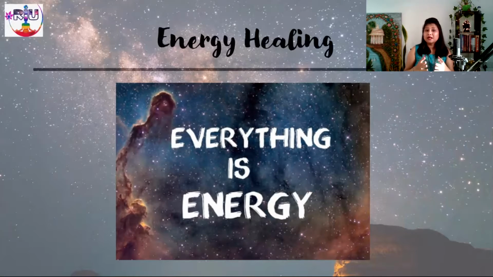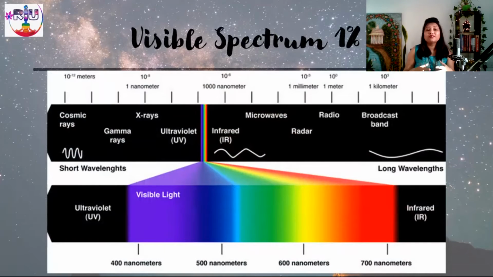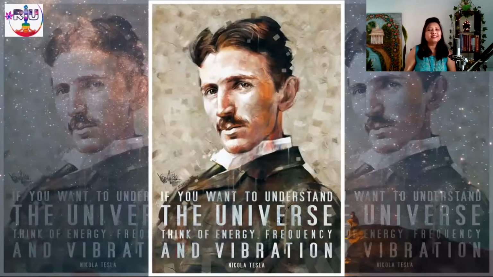Everything is energy. You must have heard this many times, right? This statement is supported by the unified field theory. Many scientists, including Einstein, also worked on it. If we cannot see something through our human eyes, that doesn't mean that thing never exists, right? Because the visible spectrum of the human eye is less than 1%. There are vast entities present there, which are beyond the five sense perceptions of human beings. One of my favorite scientists, Nikola Tesla, once said, if you want to understand the universe, think in terms of